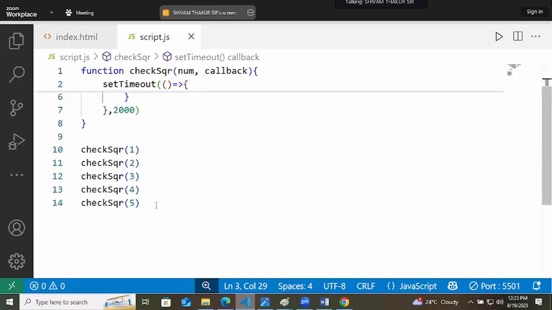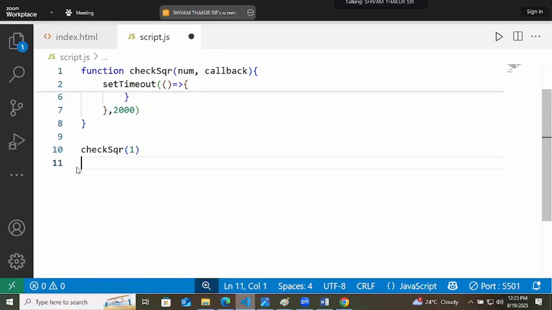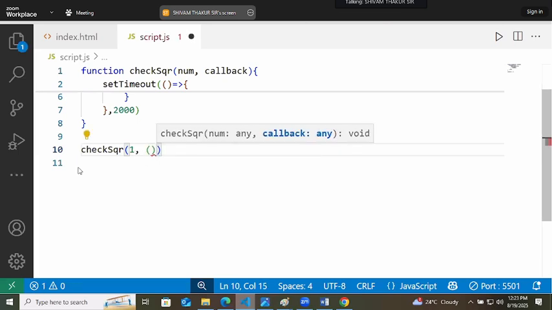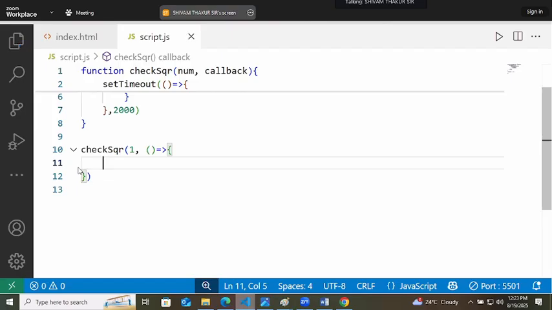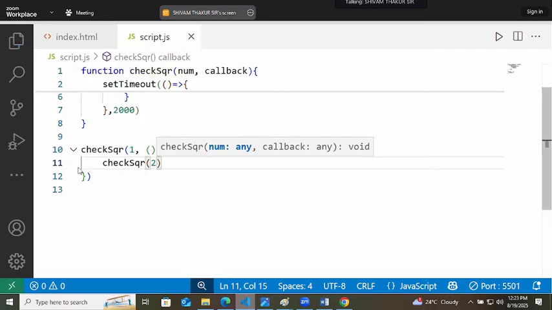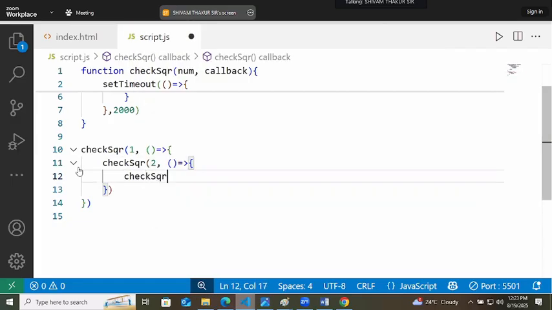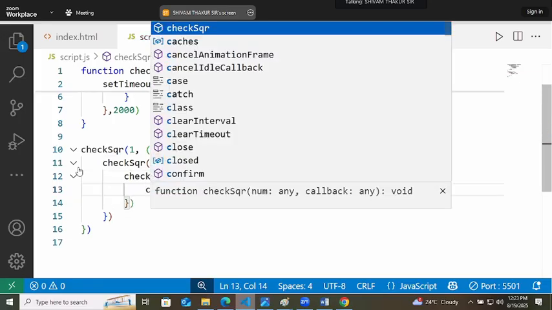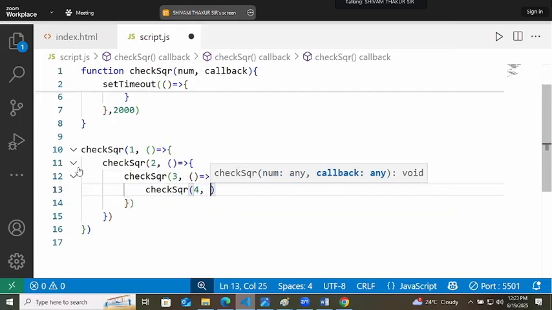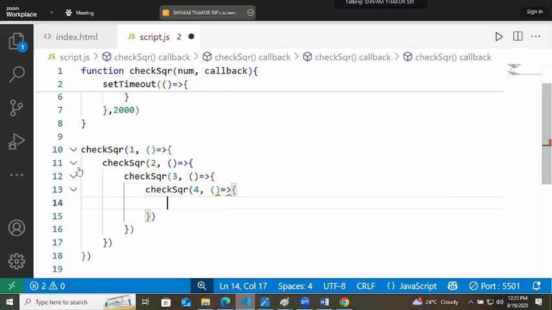Now, whenever you are checking the square of 1, I will keep a comma and create an arrow function here. In this arrow function, I will check the square of 2. After 2 also I want to check the square of another number. Then one more callback function. Check square 3. Here also I want to check the square. Check square 4. Here also I want to check the square. Check square 5.